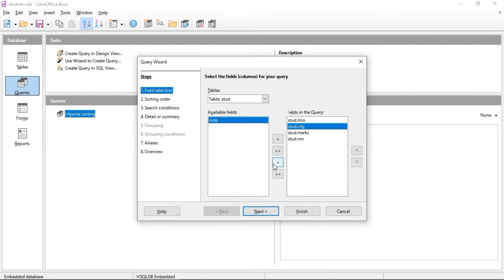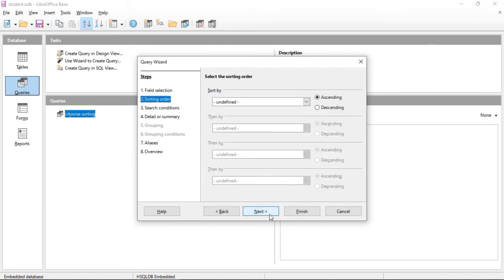Suppose this city we do not want in this query, then roll number, marks and name, and after that click on next. We can specify order. Suppose we specify here descending order.